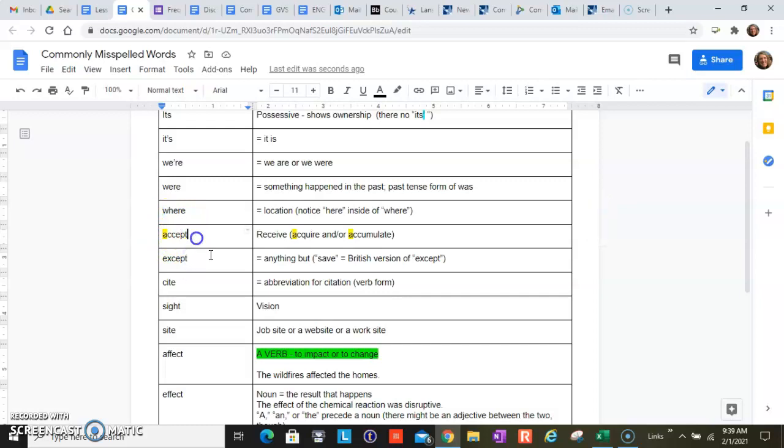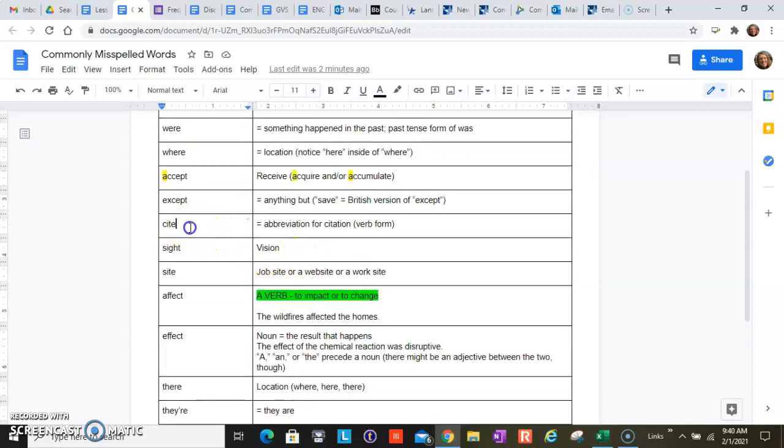These two get confused a lot, of course. But one student one time told me to use acquire or accumulate, and they both begin with an A. So I thought that'd be a fantastic idea. How do I tell the difference? I just know. I don't know how I know. Maybe you just have to get used to it. I'm not quite sure. Except means anything but. Again, I don't know how to help you remember that. Sometimes the British version will pop up and you'll see "save," as in everything save. Again, it means anything but or except, but that is the British version.